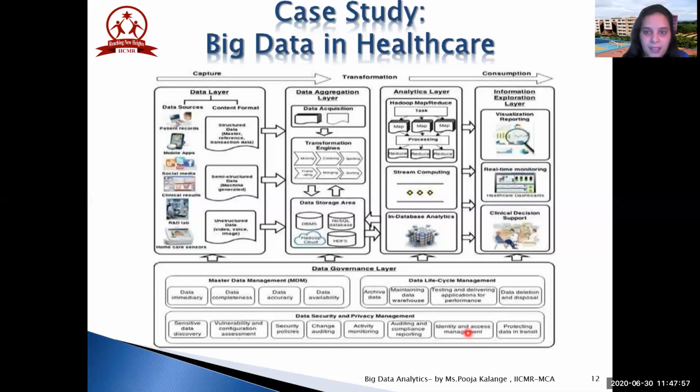So basically, this scenario explains how big data health analytics is used in the healthcare sector. The same process can be used in the telecom industry, in the retail industry, in the manufacturing industry. Only the data layer part differs according to the database or what type of scenario you are using. Okay, so I hope you are clear with how big data analytics is used in the healthcare industry.